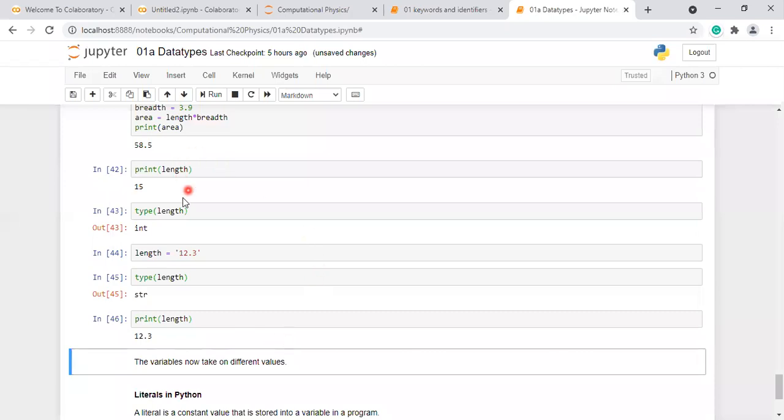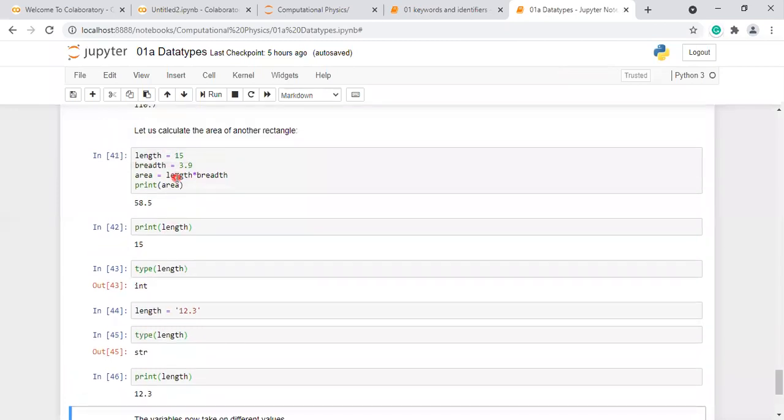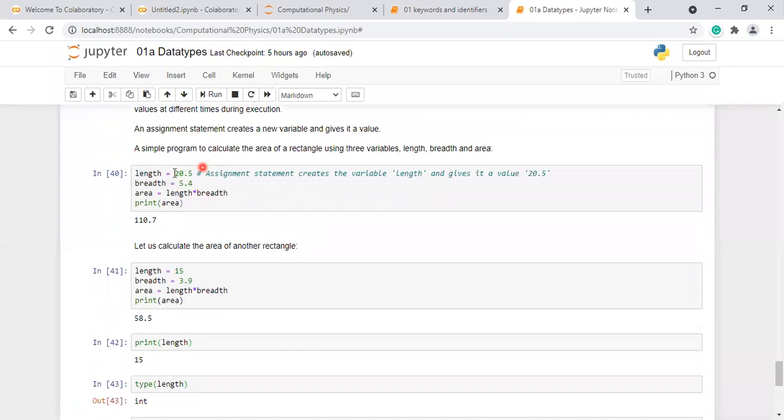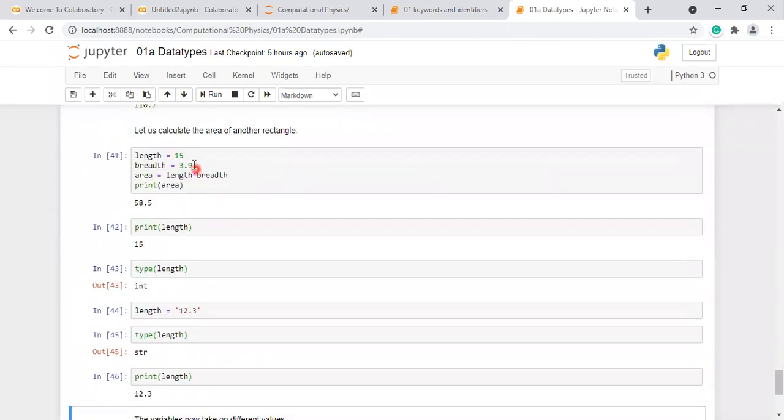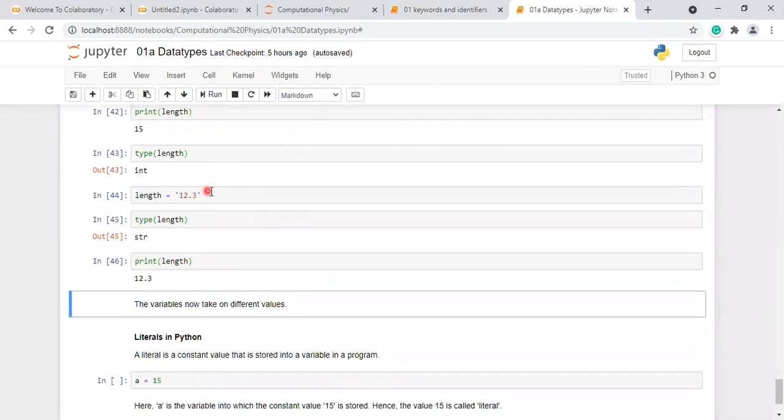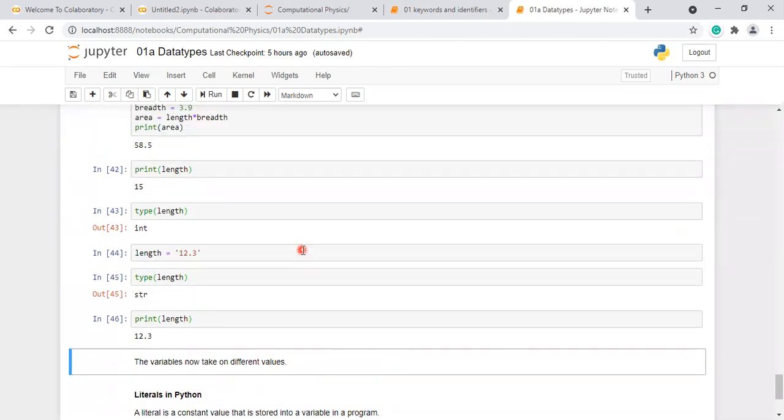So at different instances, this variable length can take different values. Even its type can also change. Sometimes length is floating point type, sometimes integer, sometimes string. So during the course of execution, its type can change.